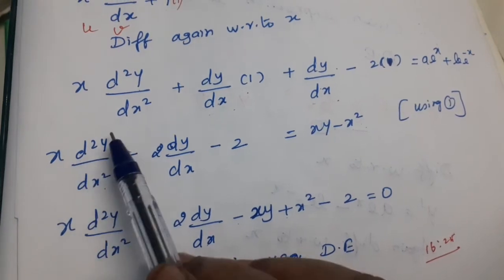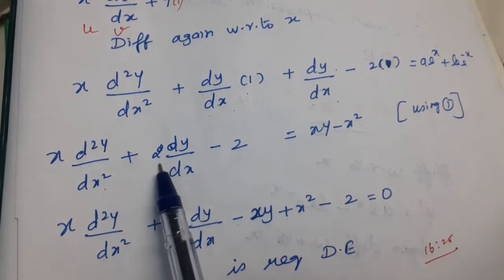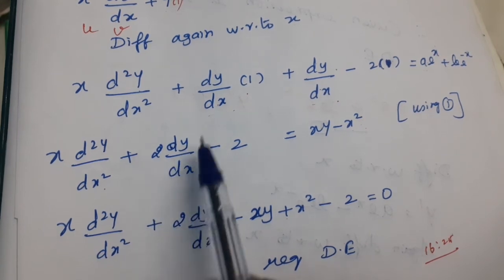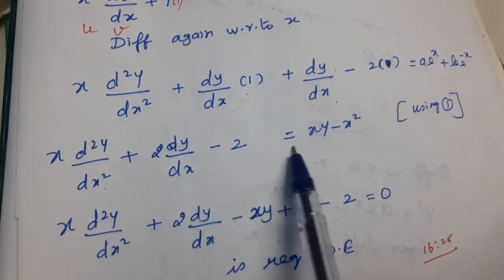Now x into d square y by dx square plus dy by dx plus dy by dx is 2 times dy by dx, minus 2 equal to